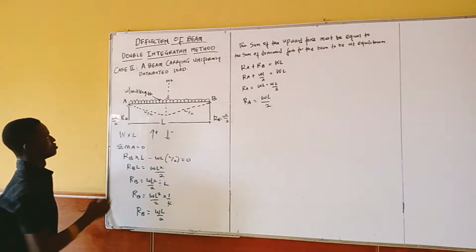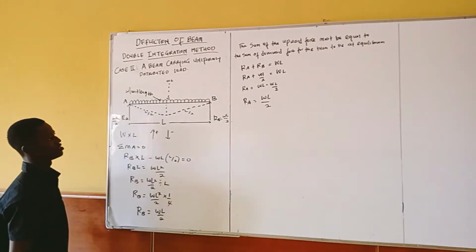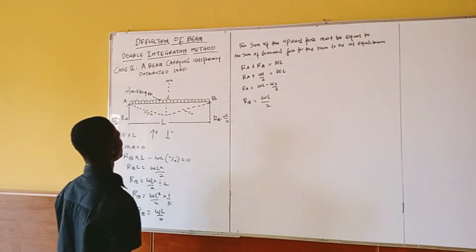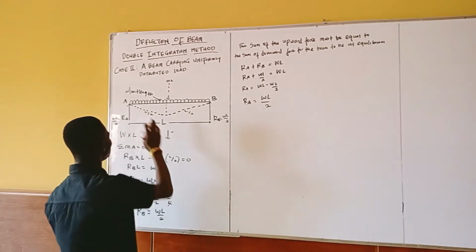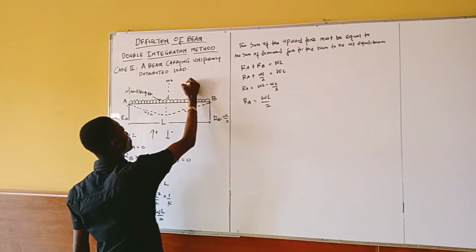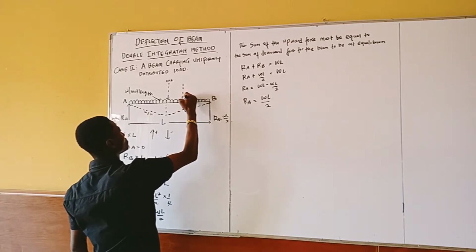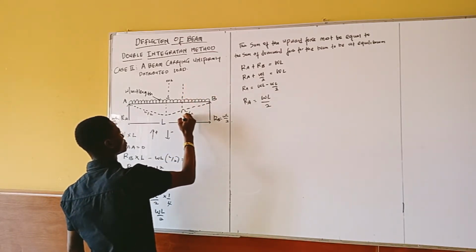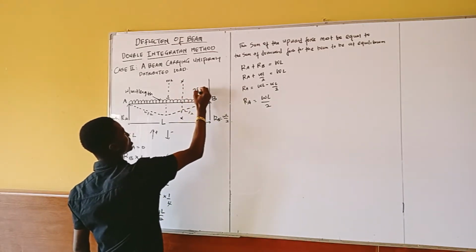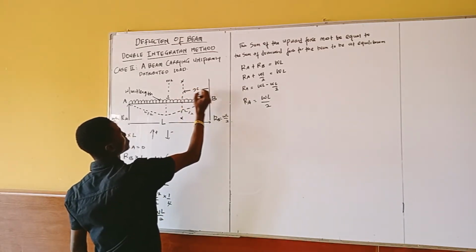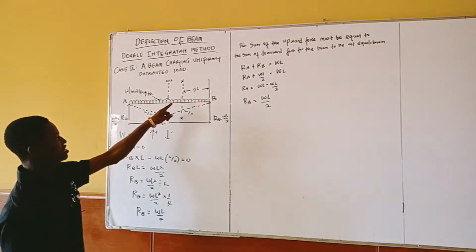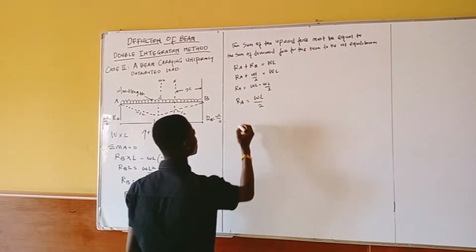Yes. So deflection is going to be in this way. Now for us to calculate the deflection, let's section a part. It may be A or B. Assuming that I section this part now, section XX at a distance X. So now for me to calculate deflection at section XX, considering